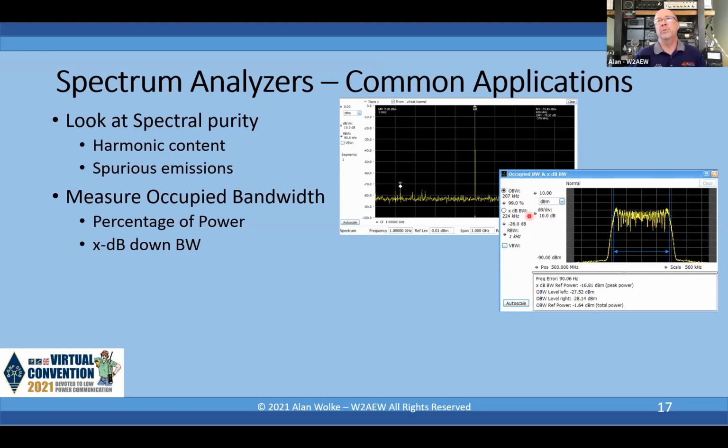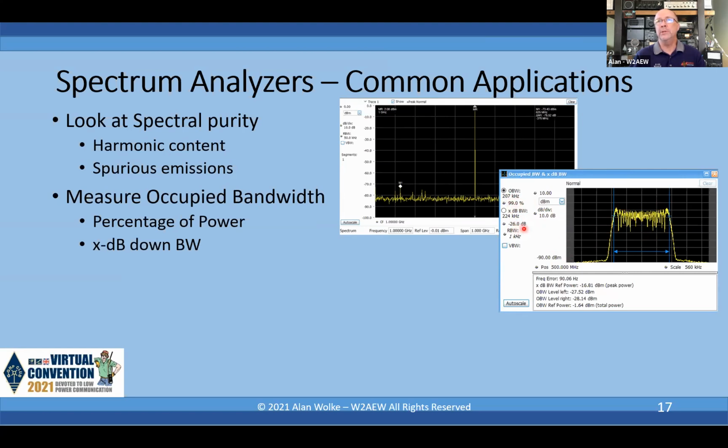Or another way to specify it is what we call X dB down, saying how far do you have to go on either side before the signal level drops X dB from the peak power. Okay, so that's called X dB down. In this case, we could see that our 99% occupied bandwidth of this signal is 207 kilohertz, but